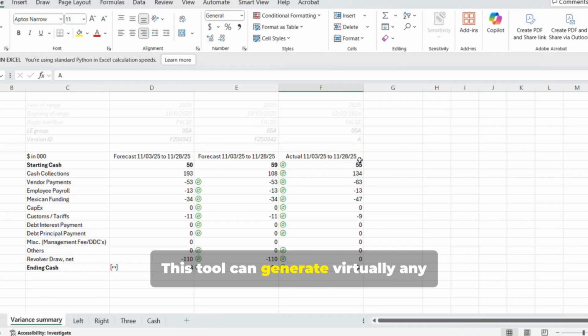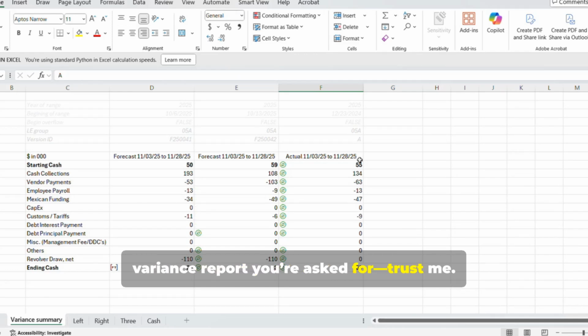This tool can generate virtually any variance report you're asked for. Trust me,